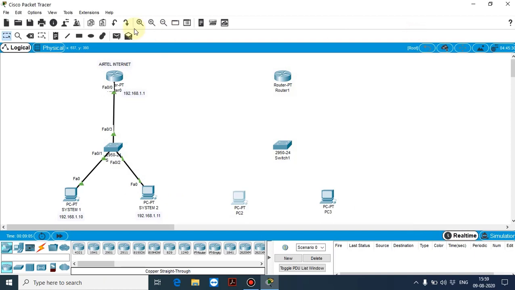Let us assign that this is your Geo network, Geo internet. Here also I'm going to add system 1.